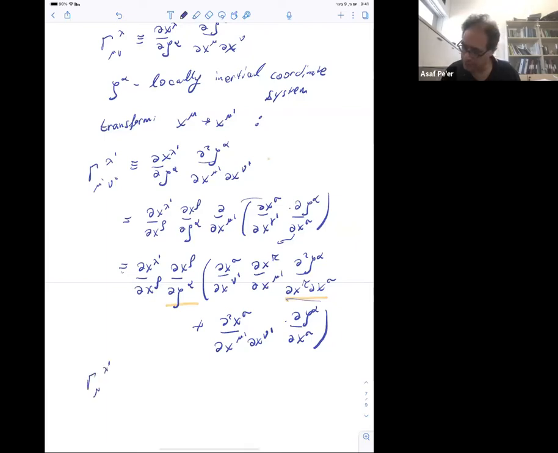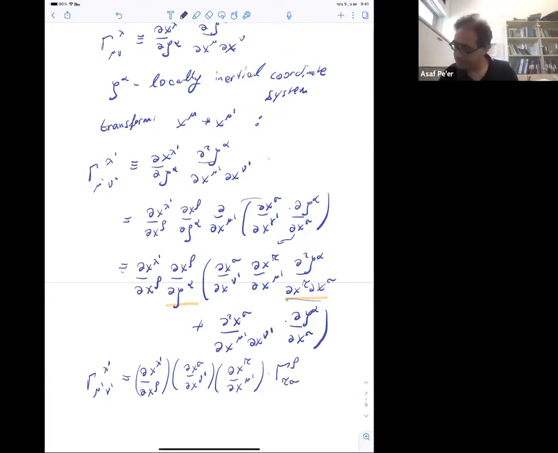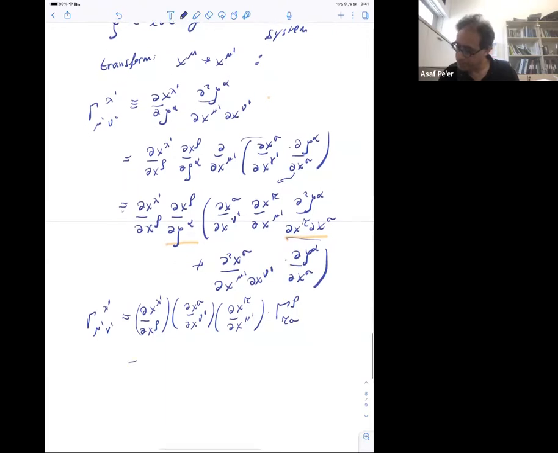Gamma lambda prime mu prime nu prime is equal to dx lambda prime over dx rho, and then I have dx sigma over dx mu prime, dx tau over dx nu prime times gamma rho tau sigma, plus now the second term, dx lambda prime over dx rho, and then